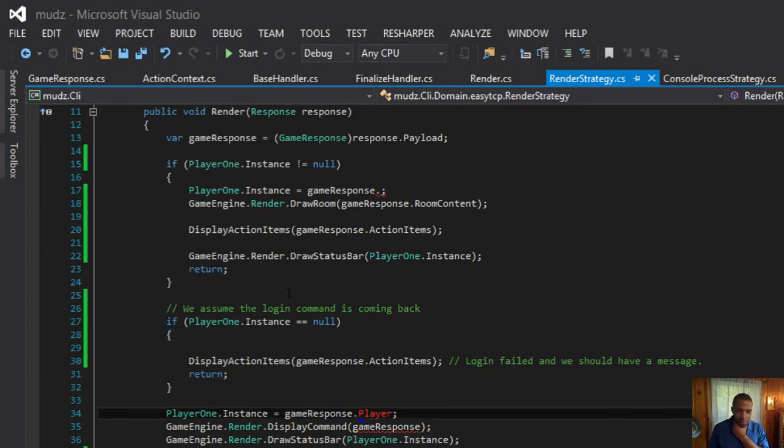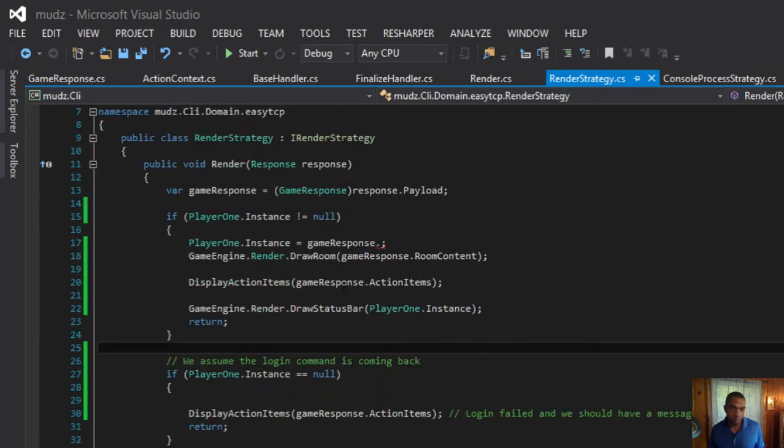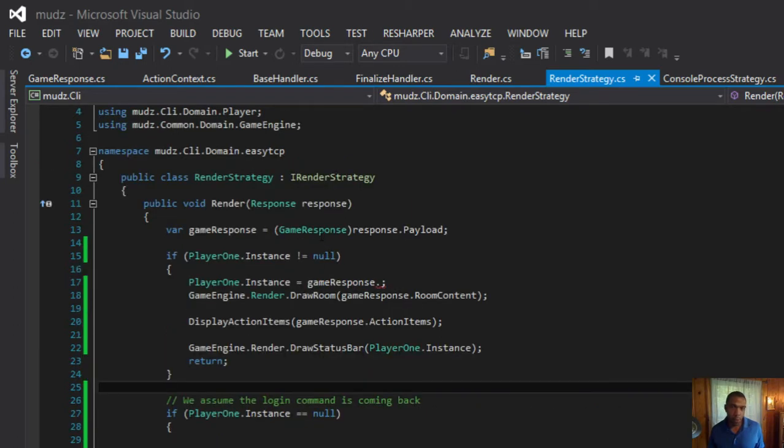And here we got the same problem down here where we're getting the player from the game response, and we need to make sure we have a way to get it out of the room content. But as Smudge said, it's tightly coupled in the places we probably don't want it to be. But we're definitely achieving the goal of having the request and response ecosystems where you'd expect them, right?